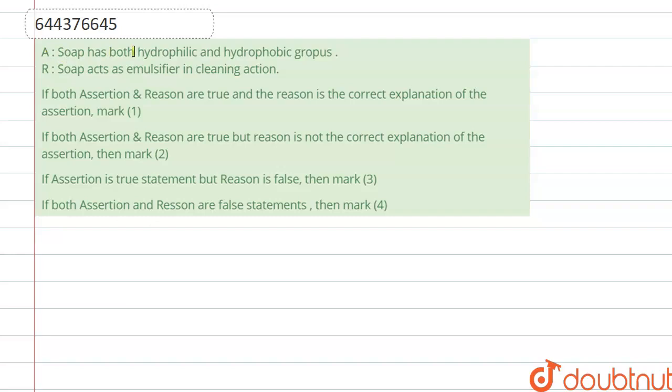Hello everyone, here the question is assertion and reason are given. Assertion said that soap has both hydrophilic and hydrophobic group, right? Next, reason is said that soap acts as an emulsifier in cleaning action, right? So let's see here. We know that soap has both